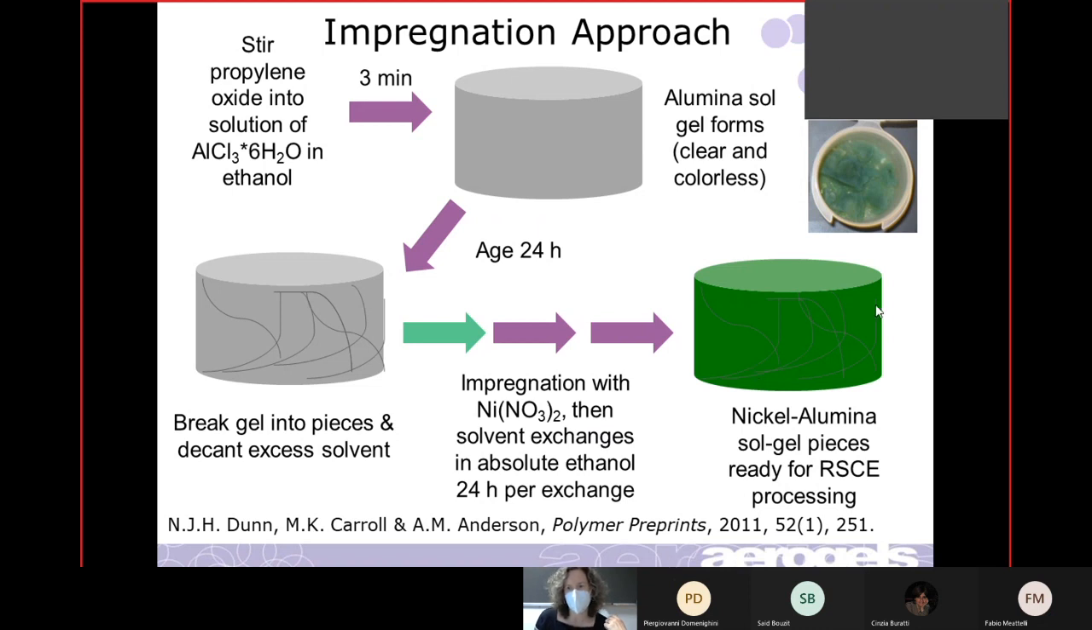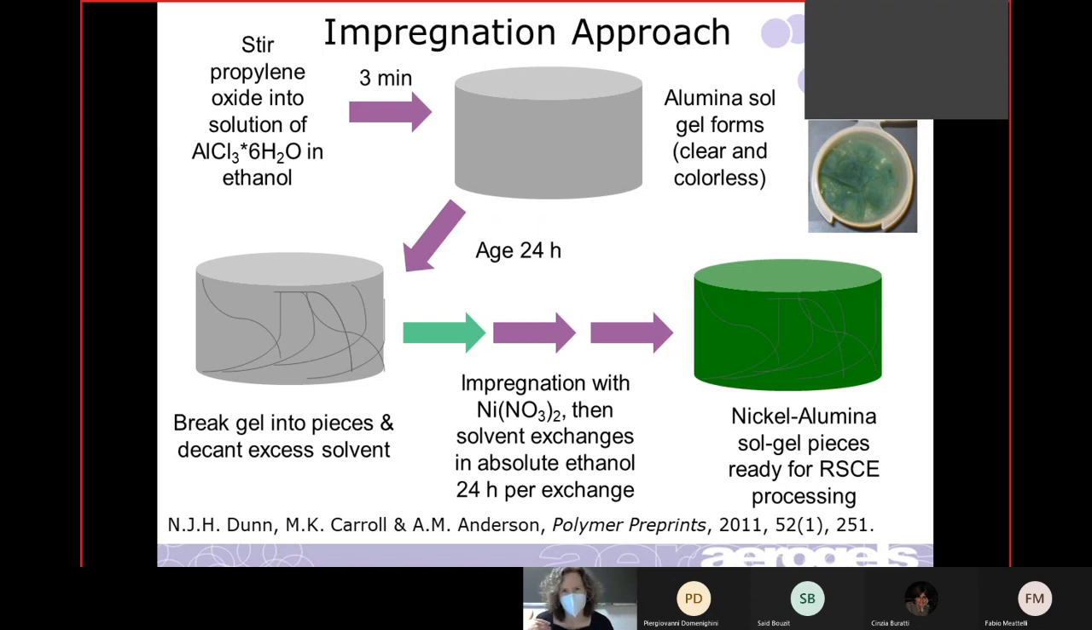Now, I said I'd circle back to breaking it into pieces. The application that we were making these materials for is a catalytic application. Although the RSCE process that we invented does allow us to make monolithic aerogels, we don't need single piece aerogels for this application. And consequently, if we are going to do a solvent exchange on a monolithic piece, because solvent exchange requires the solvents to diffuse in and out of the material,